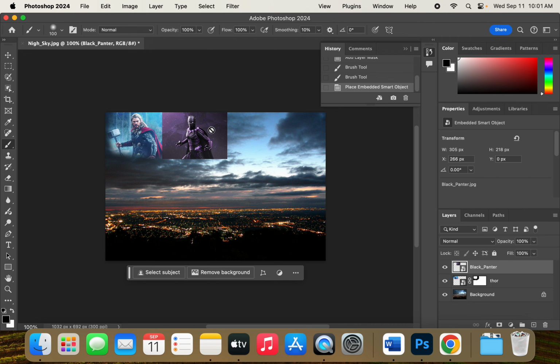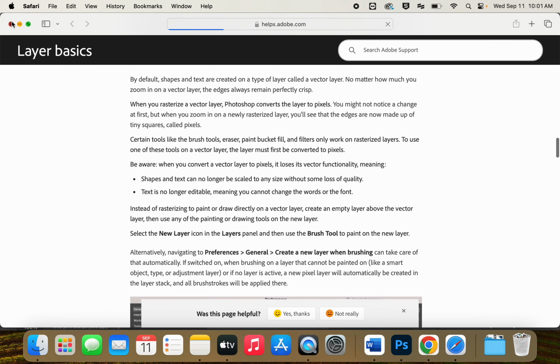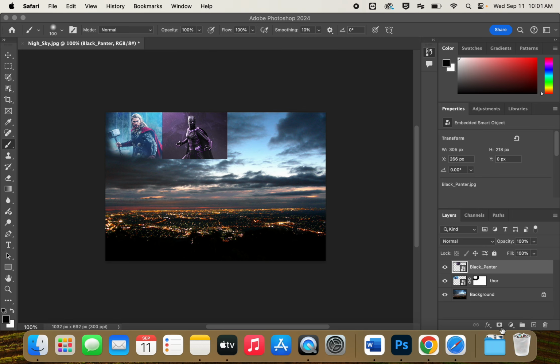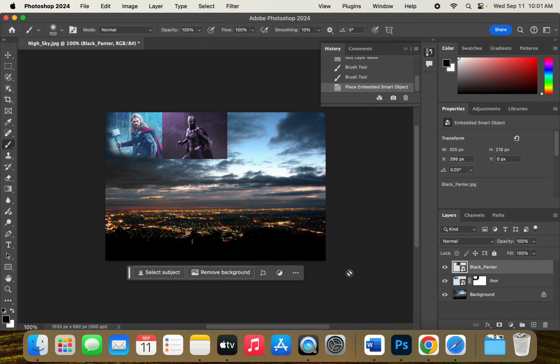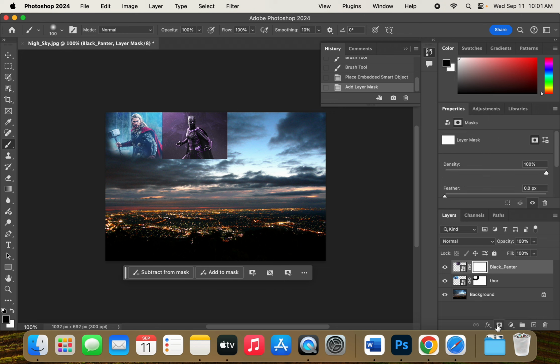There's a couple ways to do that. Cancel. Oh, no, that's not what I wanted. You can come down here also and click this square with a circle. That's another way to get the layer mask. And let's see. So now we have this white box here next to